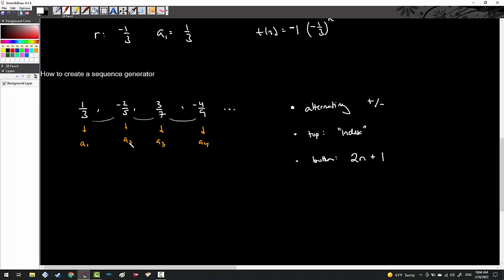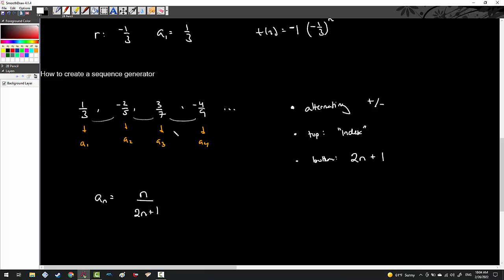I think that's good. If I plug in a 2 into here, do I get 5? 2 times 2 is 4, plus 1 is 5. I think the pattern's going to hold. 3 times 2 is 6, plus 1 is 7. I think we're pretty good on the bottom. So from here, what that means is that this is going to end up being a sub n equals, looks like the top is going to be the index, so that's going to be n, whatever that value of n is, and then the bottom is going to be 2n plus 1, but again,